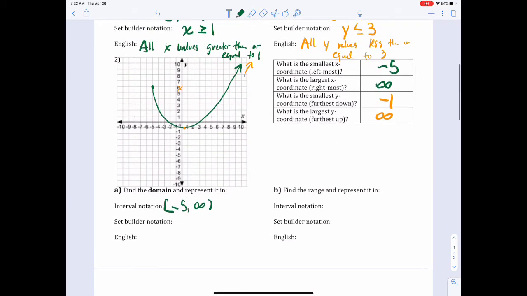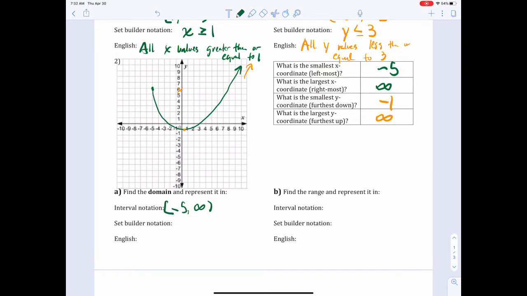For set builder notation, it's going to be all x values greater than or equal to -5. Because if you're greater than -5, up here, that's where our graph is. It's not over here. There's nothing up there. So it's all x values greater than or equal to -5. In English, another way of saying this is all real numbers